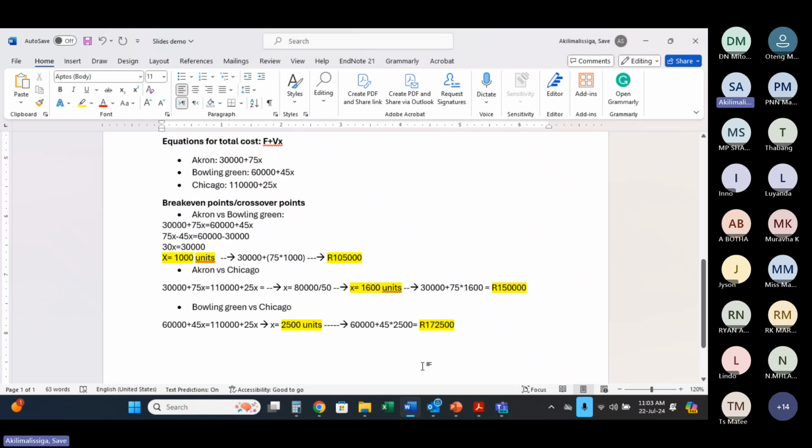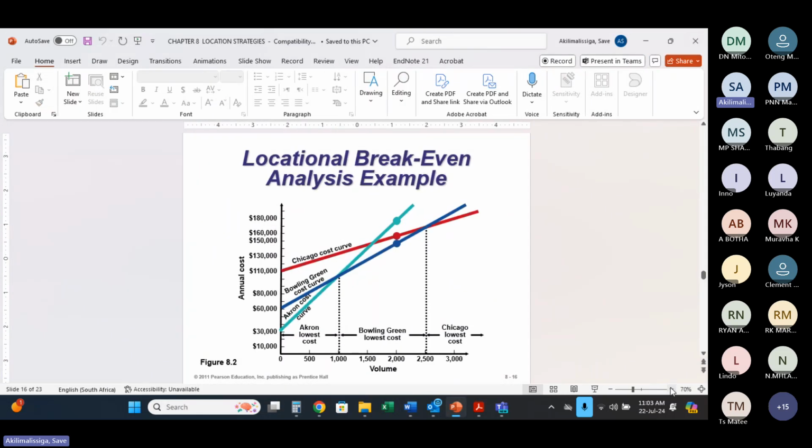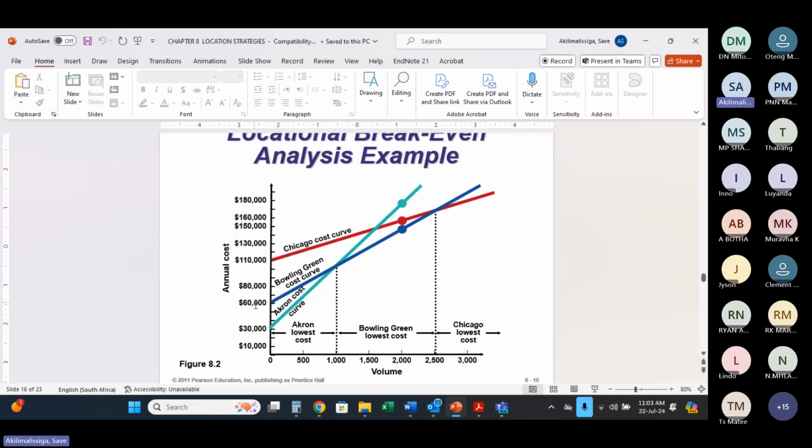So now, once you have these values here, you can now proceed with plotting the graph. So I just needed to calculate these values so that we can see how the graph is, or understand how the graph is plotted. So you can see here,